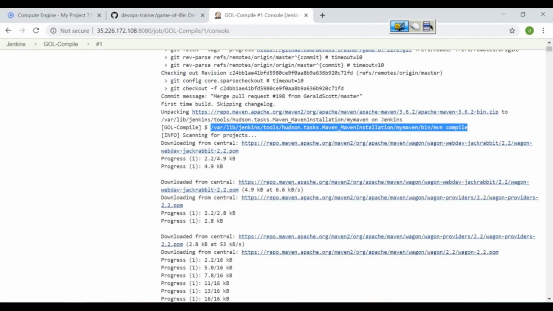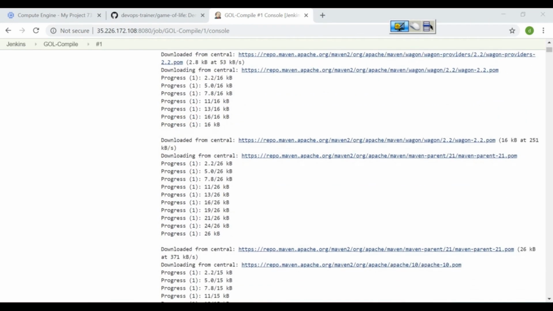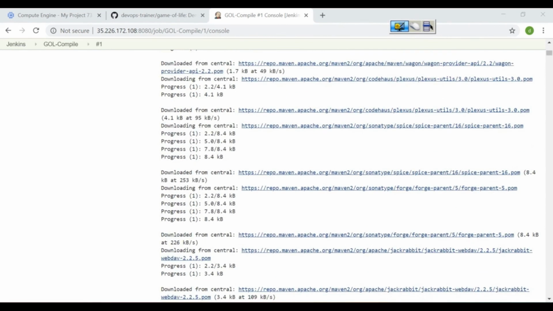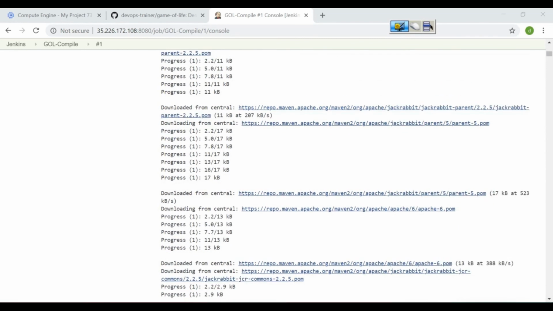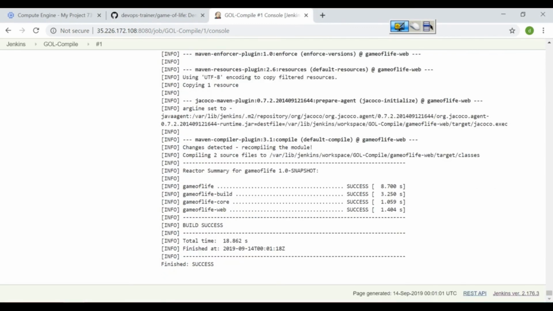It's okay. If you want to see, you can also check the Maven version. And if you scroll down here, we can see compiling two source files to this location. This is the location where it has compiled to.